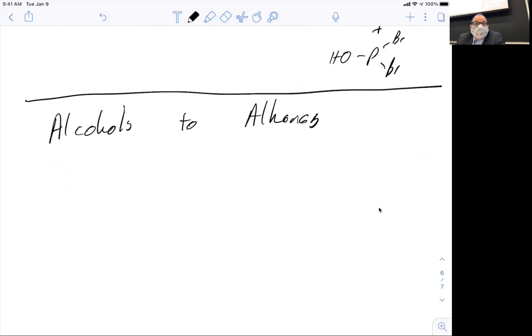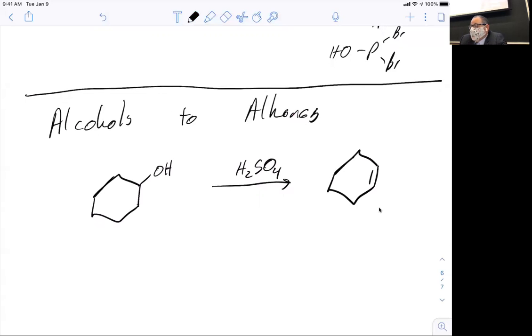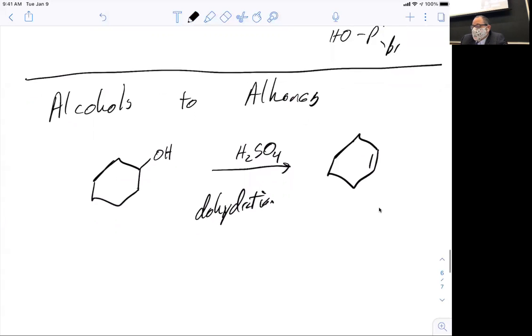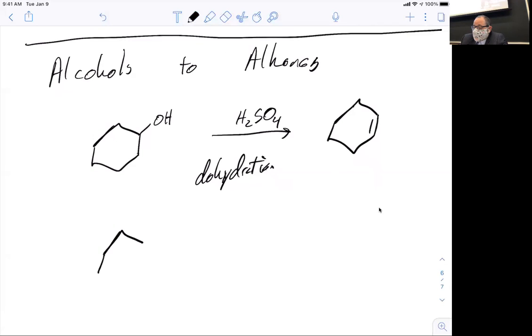Another review of reactions we already know, the conversion of alcohols to alkenes. Remember, we can do dehydration of an alcohol to give us the alkene. This is an E1 style process from the end of elimination project, right? So this is dehydration. And since it's been a few weeks,